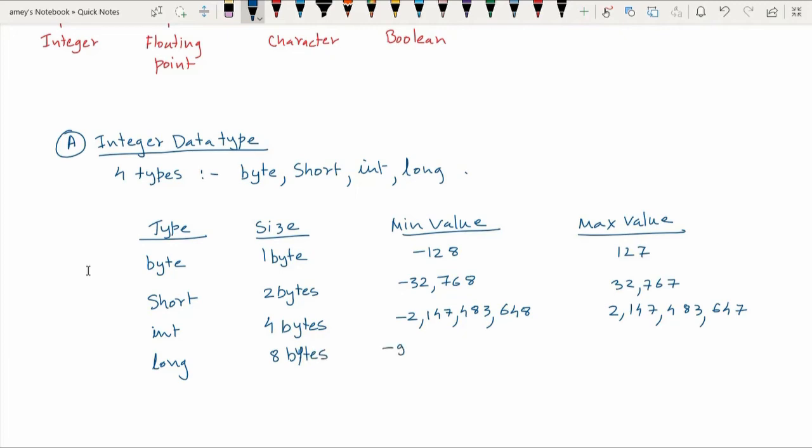The minimum value is -9223372036854777808, such a huge number, and the maximum value is 9223372036854777807. So such huge numbers as max and min values.